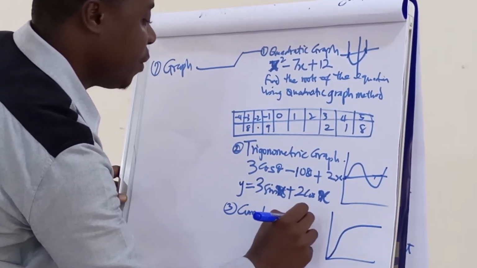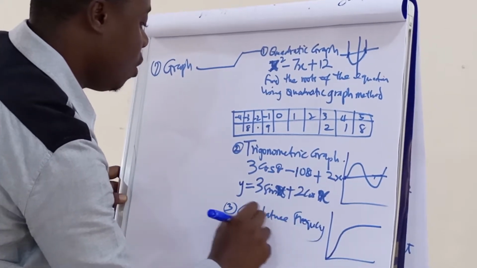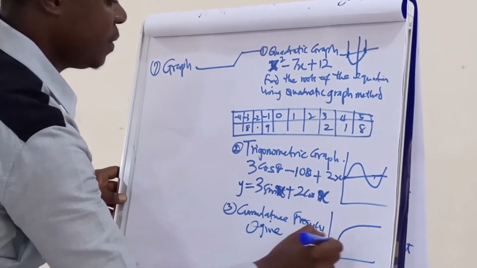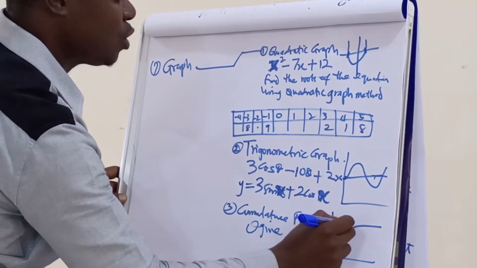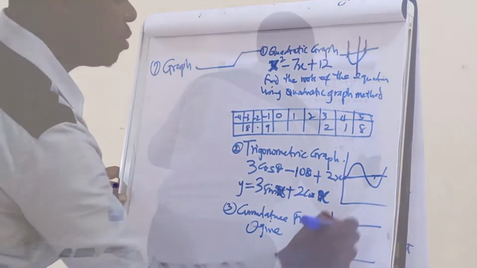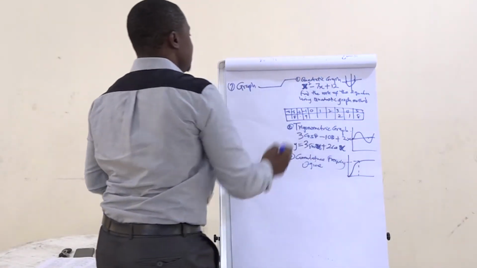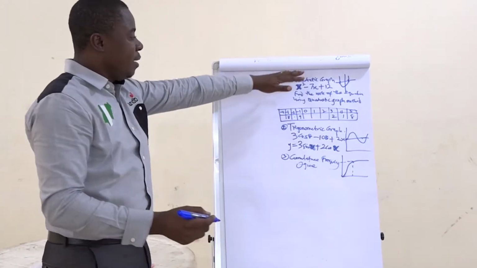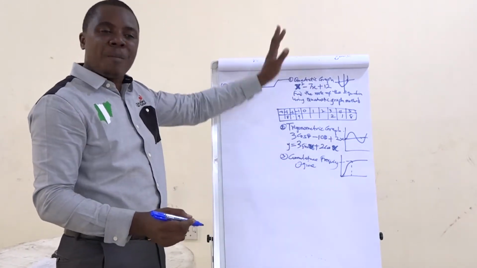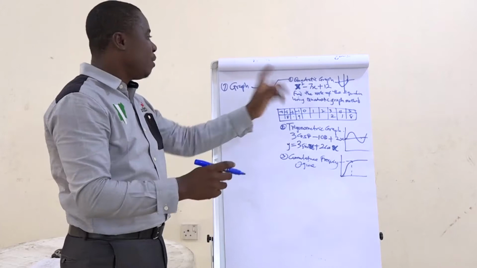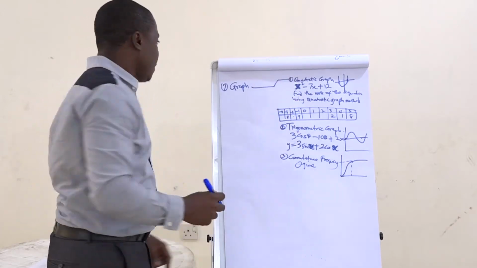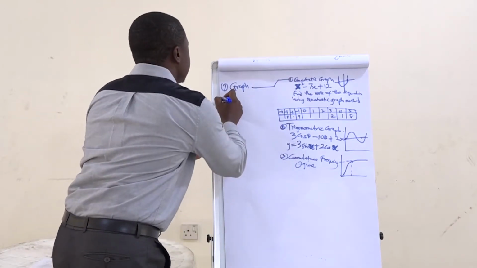Okay, with the frequency. Now we ask questions to find the values and all of that. So this graph, one of these three graphs must come out every year, and it's 12 marks if they do it. And number 8,